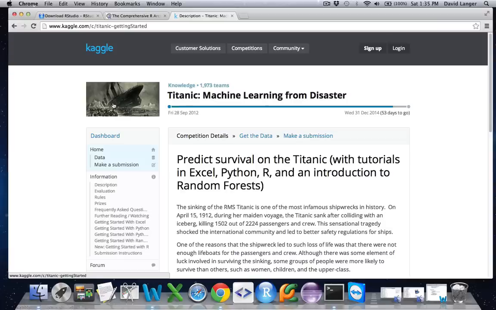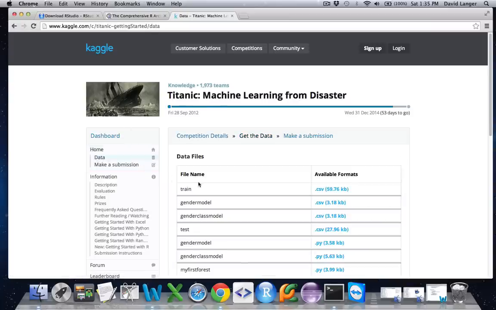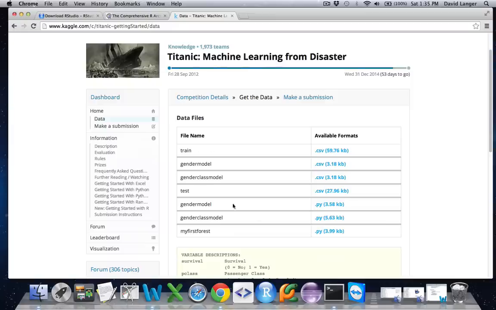In data science, it's really important to understand the problem domain to give you context when you're looking at the data. So Titanic's a very simple problem. It's very well known, so it gives a lot of people context, which is one of the reasons why I selected it. You can click on the data here, and you can see the various files. What we're interested in here are the train files and the test files. Now, when you click to download each of these files on the links here, if you're not already a member of Kaggle, you'll be asked to create an account.